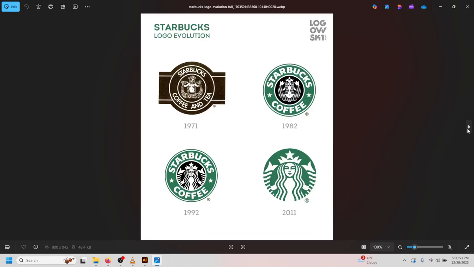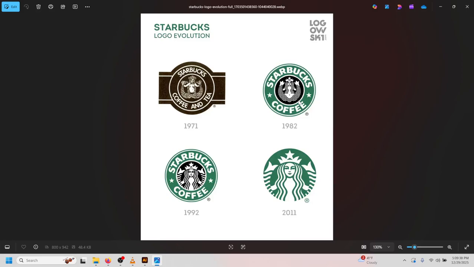Now, this one isn't fashion, but it's also an interesting logo and one that we've probably all seen. It might not be as old as some of those fashion brands, but it certainly has gone through its own reinventing of the logo. We see the original mermaid was much more lifelike, much more detailed, a little bit more risque, let's say. And as we move on, we simplify the mermaid. She gets simplified, and then now the modern logo doesn't even include the text, doesn't include the full